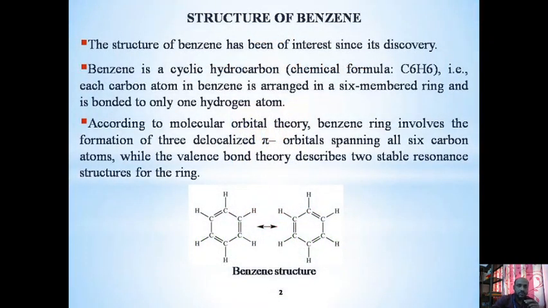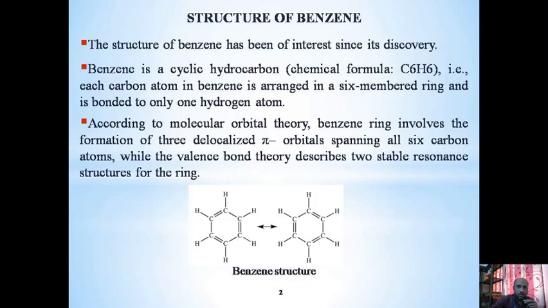So, the structure of benzene. The structure of benzene has been of interest since its discovery. Benzene is a cyclic hydrocarbon with the chemical formula C6H6. That is, each carbon atom in benzene is arranged in a six-membered ring and is bonded to only one hydrogen atom. According to molecular orbital theory, the benzene ring involves the formation of three delocalized pi orbitals spanning all six carbon